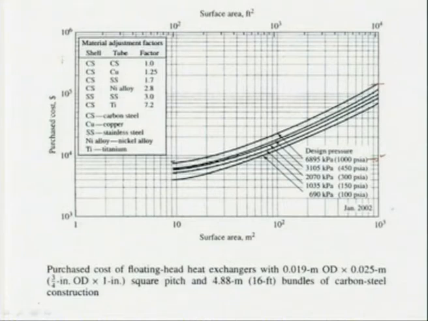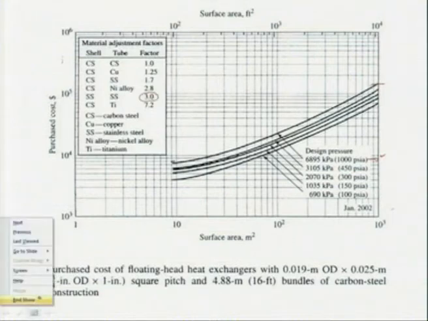Now, we have quite harsh reaction conditions. We have a temperature of about 500 Kelvin and pressure of 5000 kilopascal, so carbon steel may not be a suitable material. We have to go for stainless steel, both stainless steel shell and stainless steel tubes. Therefore, we have to apply a correction factor of 3 here. The cost has to be increased by a factor of 3. That is a correction factor for the material of construction.